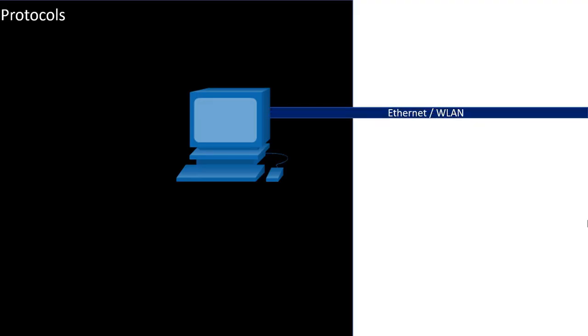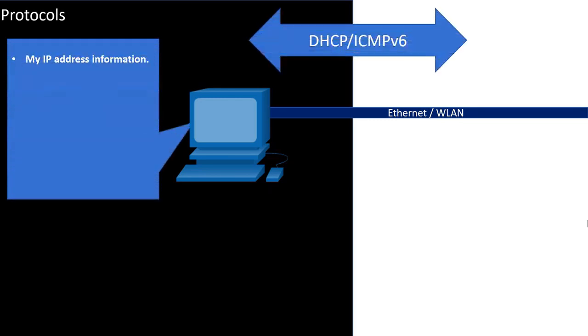Most network communications are broken up into smaller data units, which we can refer to as packets. When packets are sent on a network, many protocols are involved to help them reach their final destination, each accomplishing a different task. There are protocols such as Ethernet and wireless protocols that physically connect the device to the network. The protocols DHCP and ICMPv6 provide IP addressing information, including IP addressing that tells the device what network it belongs